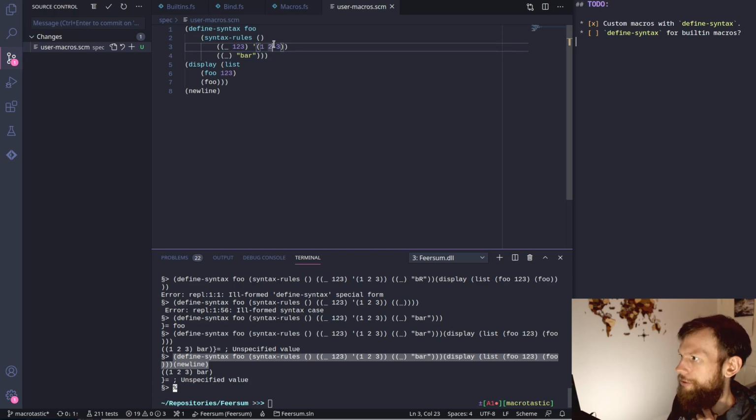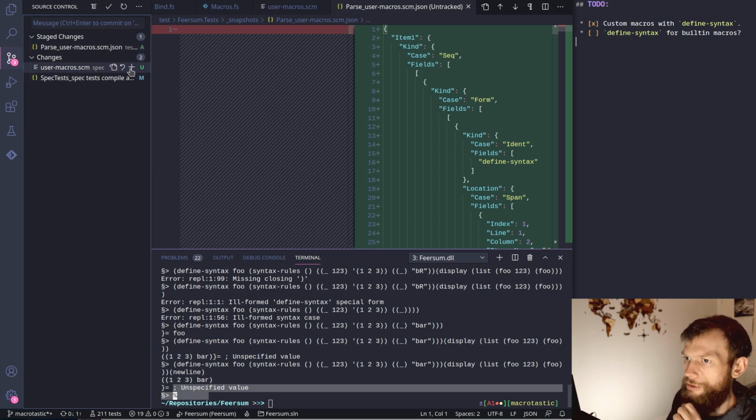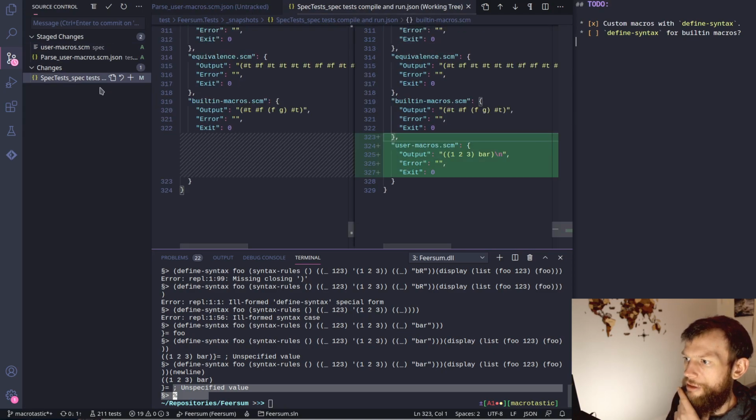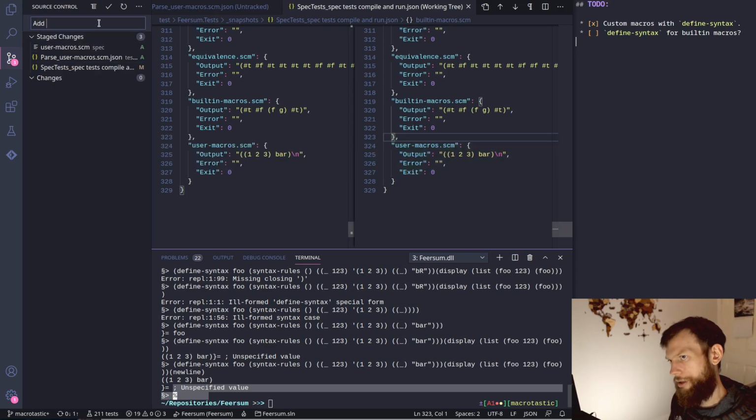Now I'll get on to looking at define syntax for built-in macros. So we've got a parser one for user macros, we've got the user macros, and we've got the spec tests. And it says it should be 1, 2, 3 bar, which is what we expect. And nothing else has changed. Add simple user defined